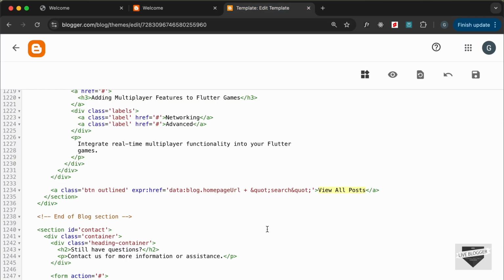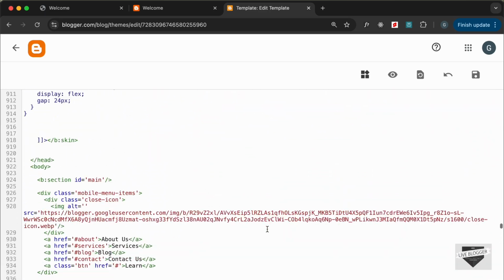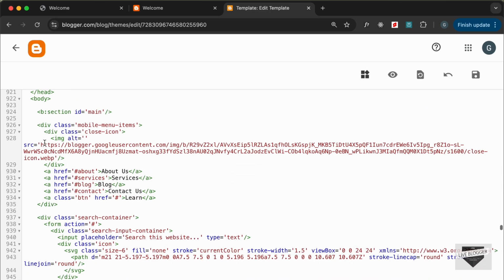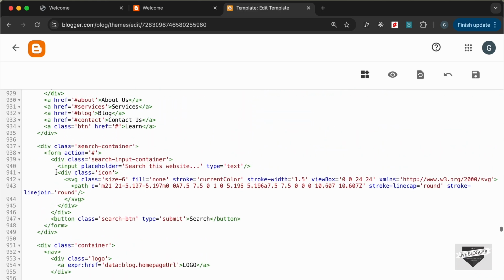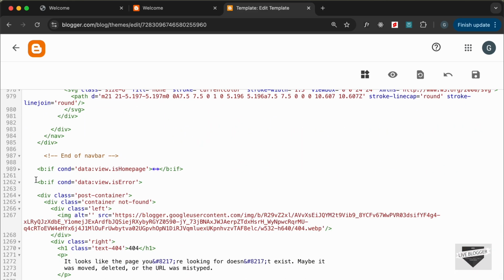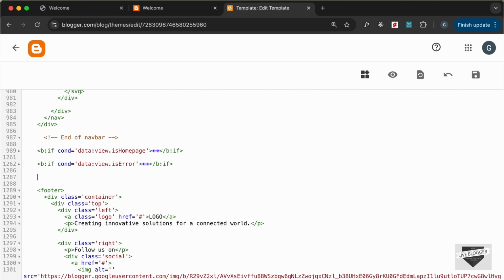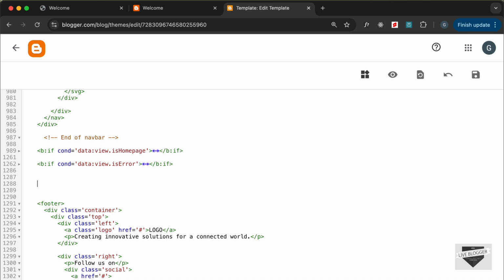So let's go to our template, and I'll just go ahead and fold this if condition over here. So here we have this if condition. So I'll just fold this, and we have another if condition for the error page. So let's fold that as well. And let's go just before the footer, and here we'll add an if condition, and let's type in the condition. Let's type not